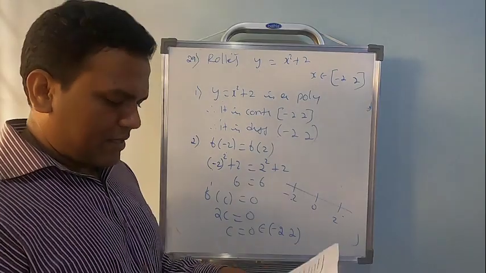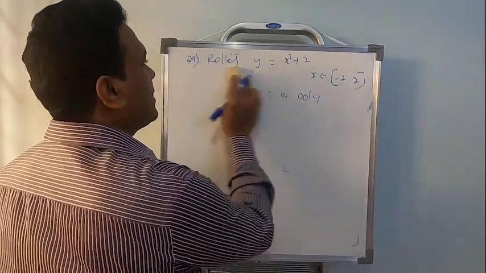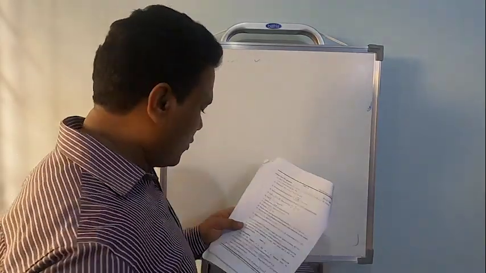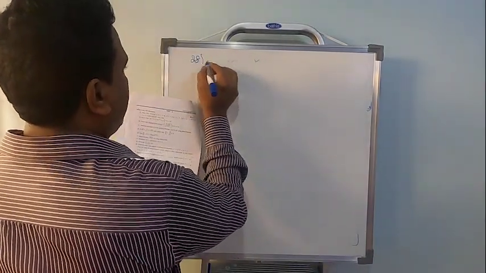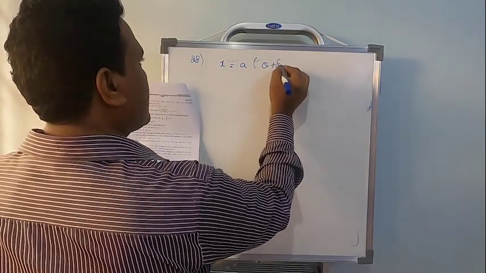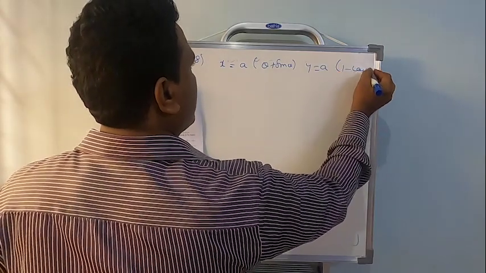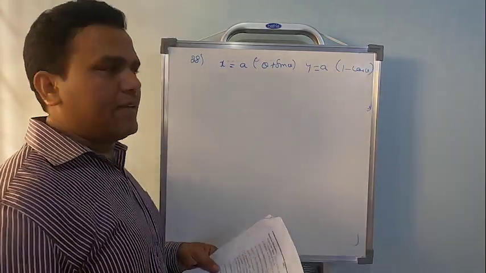Okay. Now the next, let's move to the 2014 supplementary examination. So 2014 supplementary question number 28. x equal to a multiplied by theta sin theta and y is equal to a multiplied by 1 minus cos theta, then find dy by dx.